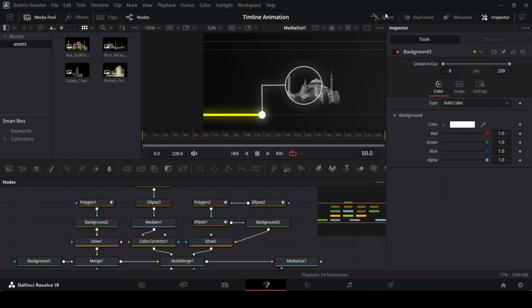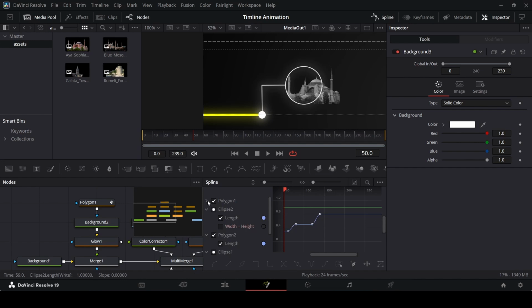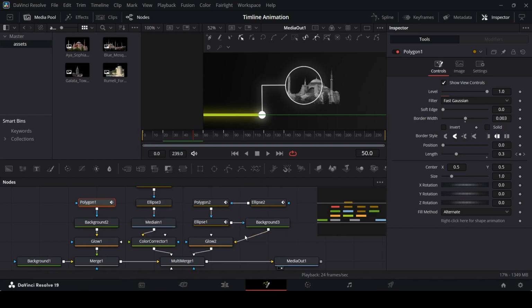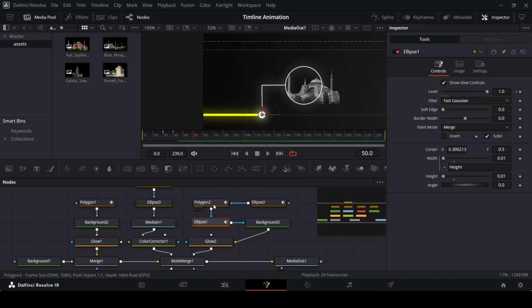So now this is flat, and now let's go over to the spline, and I'm going to unselect some things right here. So let me unselect these. This polygon is basically the one we already did, so we don't need to select this anymore. But the ones that we have right here, the ellipse 1, the polygon 2, and the ellipse 2,